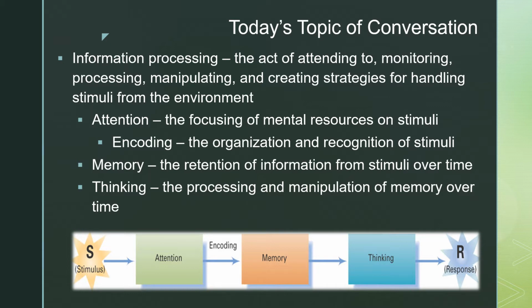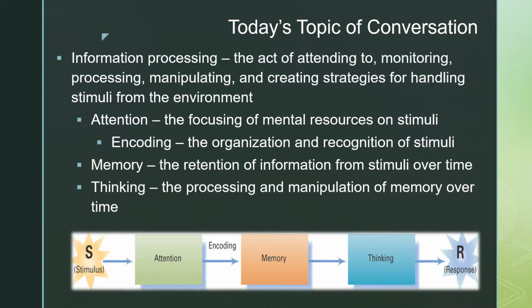This eventually leads to the next step along the way, which is called memory. Memory is very multifaceted, and we're going to actually spend a considerable amount of time in the next lecture talking about all the different components to memory that are critical players in this information processing experience. The last thing that's often tied to this information processing experience is the last step called thinking, where we're able to come up with a response based on past memories and our understanding of what it is we're encountering. These ideas are something that are going to be revisited time and time again in this lecture and the next lecture.